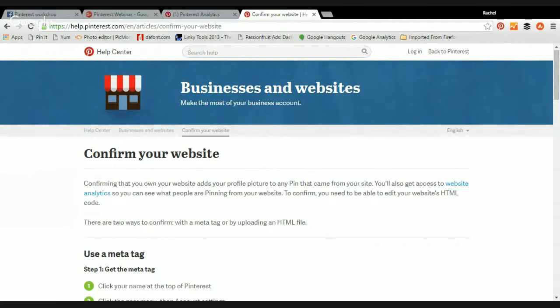because then you get access, and this is what I wanted to show Elizabeth, you can get access to analytics on Pinterest that show you how many people came to your blog from Pinterest, what pins are the most popular on click-throughs to your blog, and that sort of thing. And I'm going to show you guys that analytics page as well. So I'll share this website with you guys